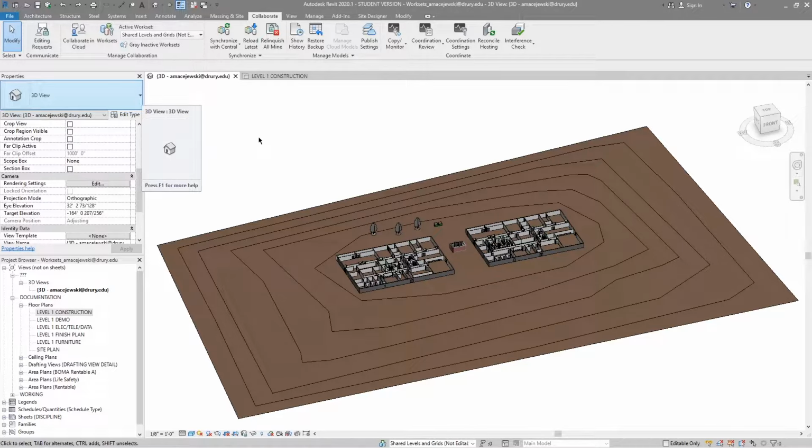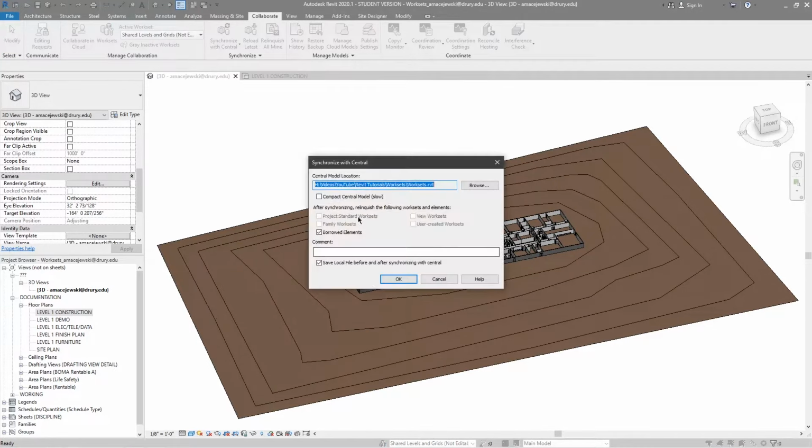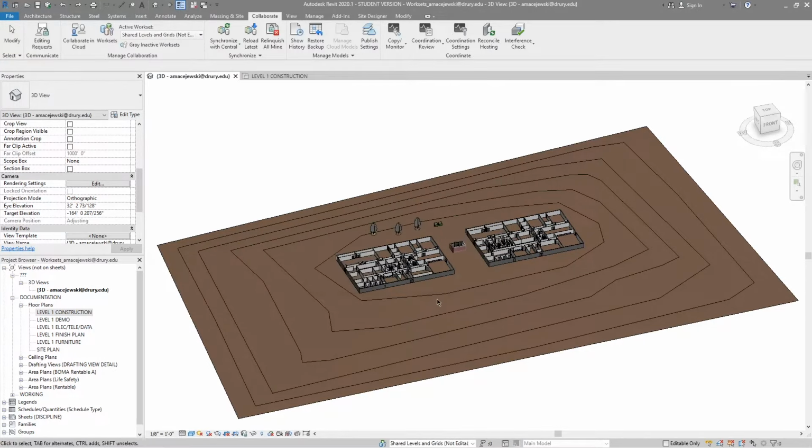You have to be within a network or collaborative model, as in it's not just one local file. It is a file that multiple people have access to or can work in at the same time, or a central model. One way you know that you're in a central model is if you see the option up here that says synchronize and modify settings. If this is not grayed out and you have the option to sync the model, that means you are in a workshared